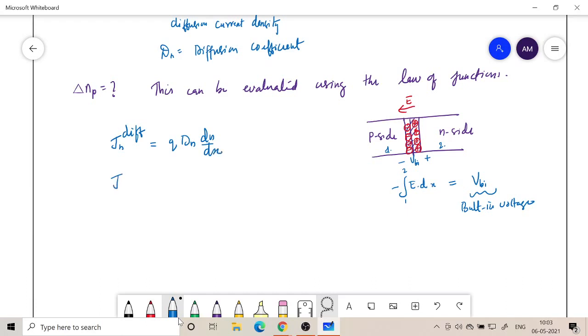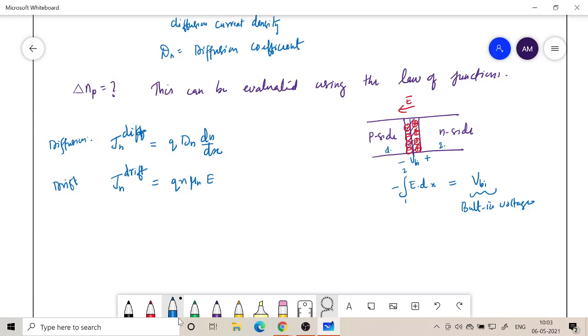And because of the electric field that is developed, any charge in an electric field will experience a force and will be drifted by it, and that is given by drift. Okay, this is drift and this is diffusion, so don't confuse between these two. This is the diffusion due to the concentration gradient, and this is drift due to the developed electric field, and that for electron is given by